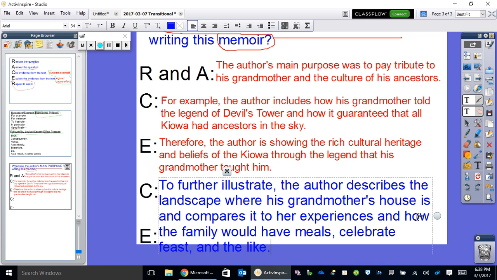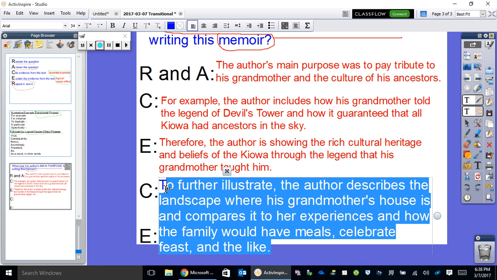Now, I can't fit all that in there. What I'm actually going to do is make my font a little bit smaller. But nonetheless,